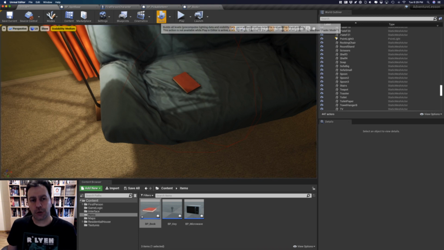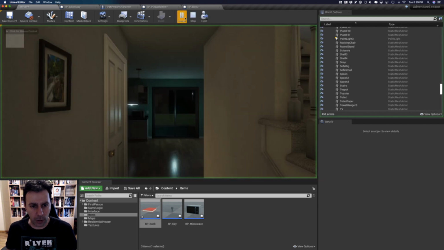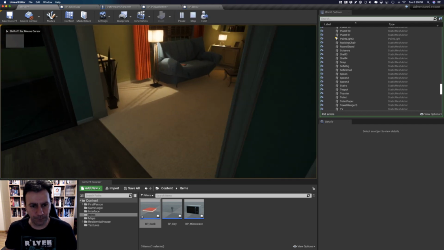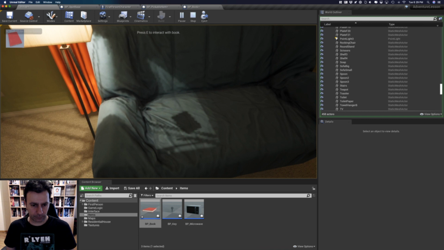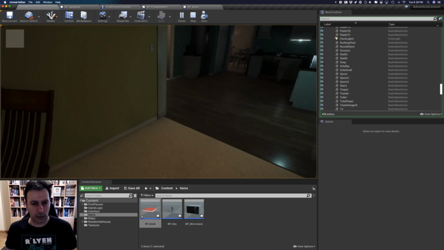It's not complaining. You should rebuild the lights. I won't do it right now, but to remove the shadow, you disable the shadow and you build the lights. And when you pick up the book, you won't have that nasty shadow. We pick it, we put it back, and